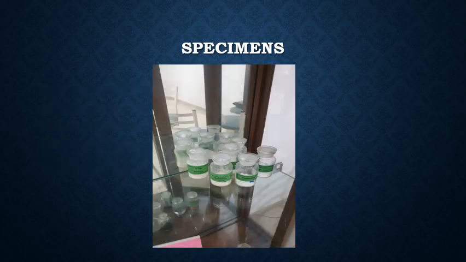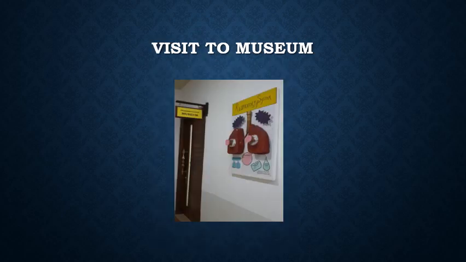So they are the basic specimens which are placed in your museum. These are specimens in which certain chemicals, roots and barks are placed, and you have to identify them, and also know their uses and effects on the body and in medicinal use. So this is a brief introduction to the museum.